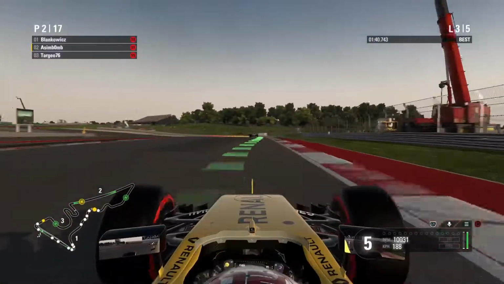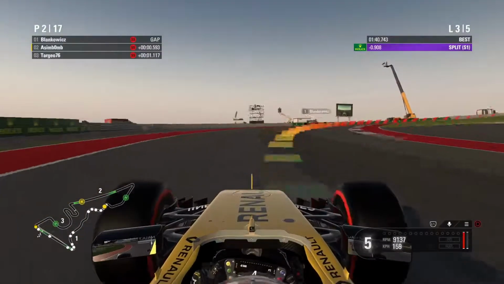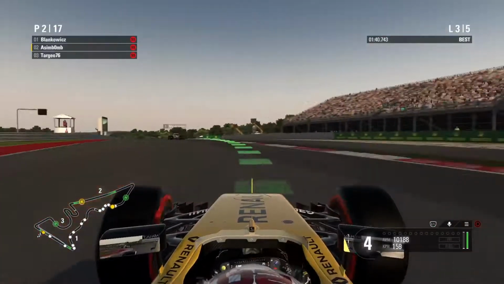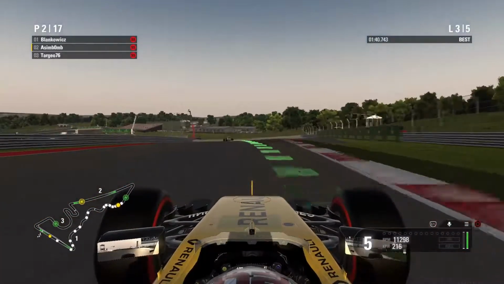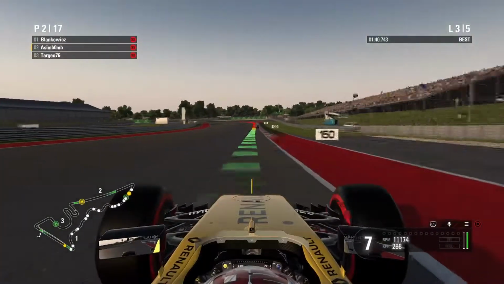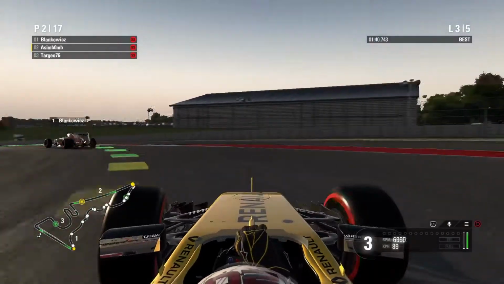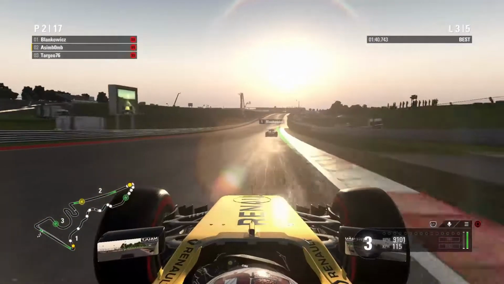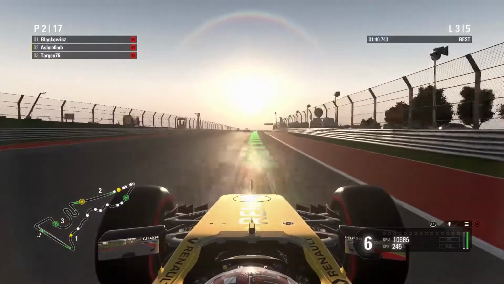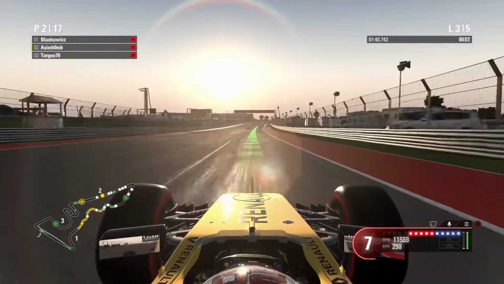He must be furious right now that he let me pass like that, but that's not my problem. So in front of me we have a Toro Rosso, I believe. A little hard to tell, but I think that's a Toro Rosso. He is actually quite a lot faster than the rest, but I think we can still have him because who knows, he could make a mistake. Like I did here, I went a little bit wide there, but